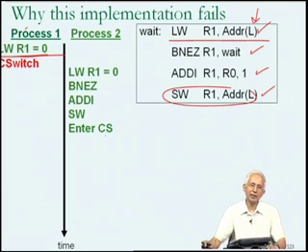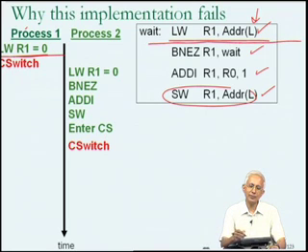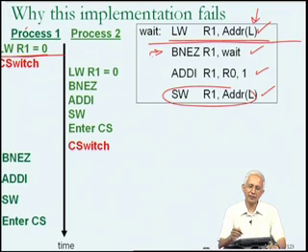So, process P2 has successfully acquired the lock and is executing in its critical section. Let us suppose that at this point in time process P2 suffers a context switch, and that process P2 becomes a ready process and process P1 becomes a running process. Now, when process P1 resumes its execution, it will be at a point where its PC value will be such that it will execute the branch if not equal to 0 instruction. So, it checks the value of R1. As far as it is concerned, R1 is equal to 0 because it has successfully loaded R1 with the value of L at that point in time, and therefore it too successfully executes these instructions and enters the